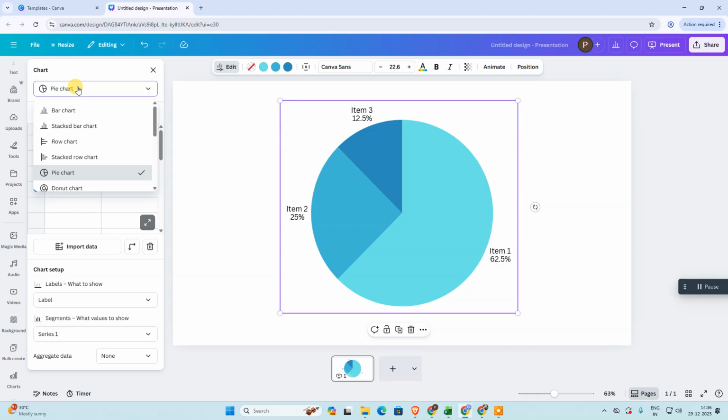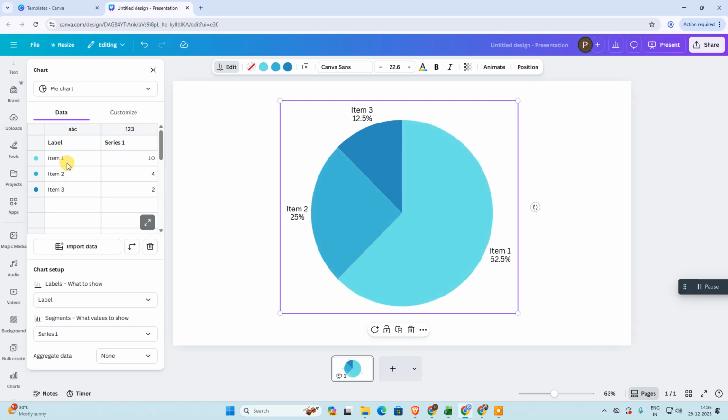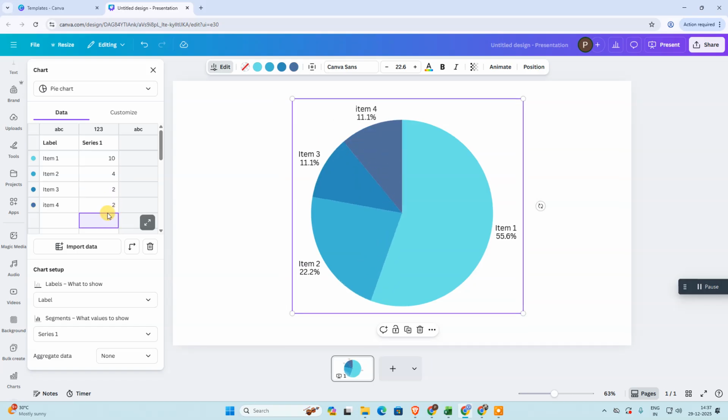From here you can change your chart to another type, like bar chart or stacked bar. And here in data you can simply add more data like this. Let me add item 4 here, and the series is 2, so it has been added. You can also add more